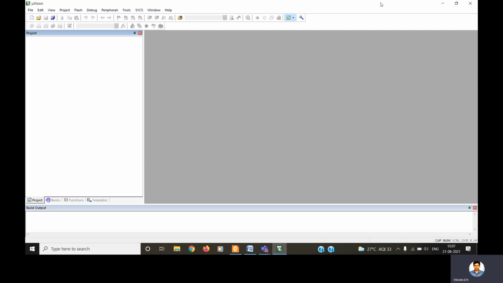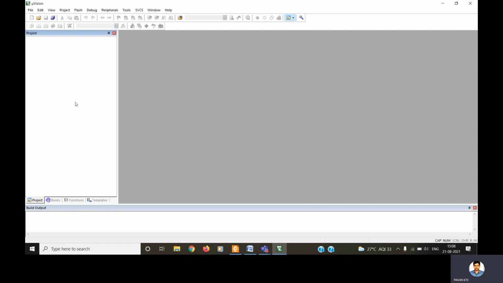So this is the window. This is the overall starting window of the Keil MicroVision tool. Here we have different types of windows. The menu bar, and here we have some different options which are not yet highlighted, but while doing the project, definitely we have a provision to use them. Then there are the project window, some books, some functions, some templates, different types of windows. There are a lot of options in this tool, but according to the program we are trying to implement, we can use those functions.